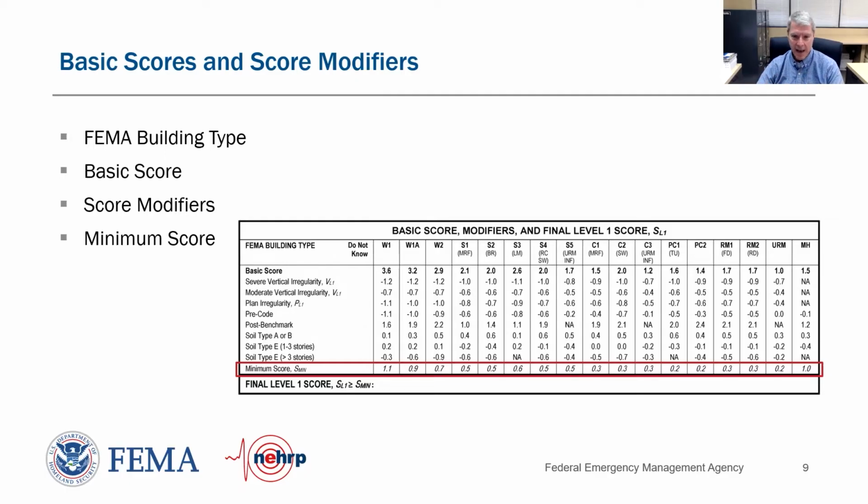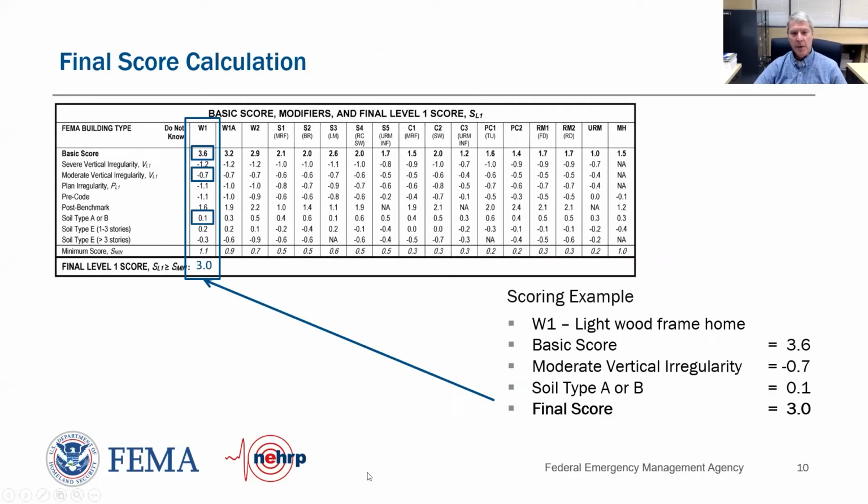And these have been analytically calculated to reflect this. And so this is SMIN. If we calculate a score less than SMIN, we use SMIN as our final level 1 score. And we'll talk more about this later. So if we look at